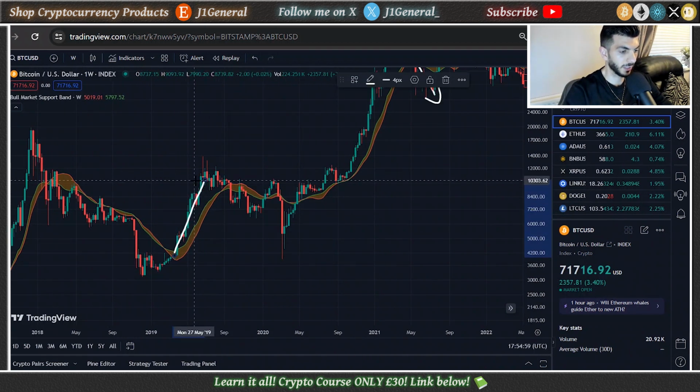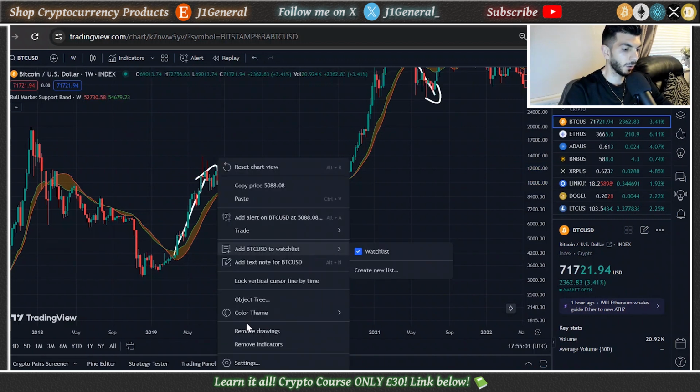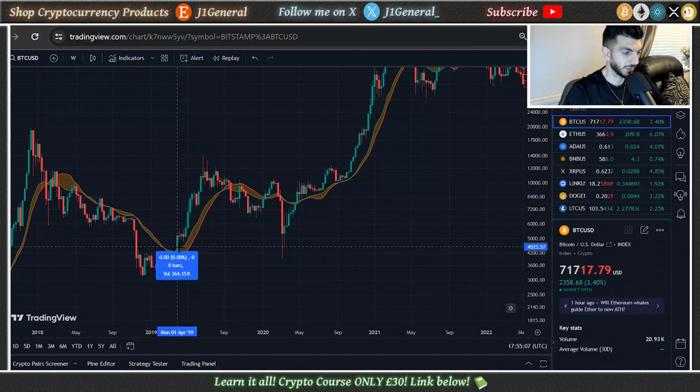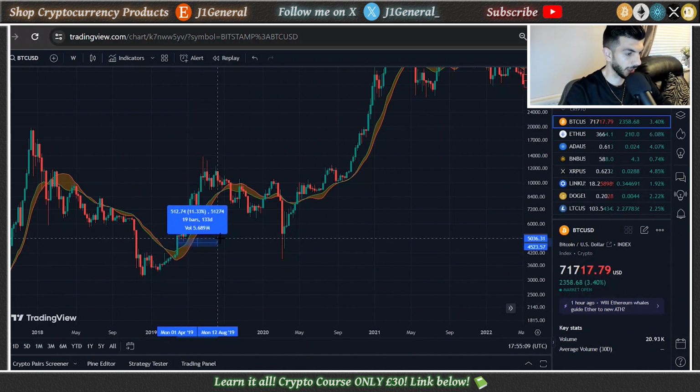If we go back to another prior example, back in 2019, where Bitcoin had its nice little mini bull market for half a year, how long was that since it backtested its bull market support band? You can see from this candle right here, up until the moment that it finally backtested it, it was 21 weeks. So not as significant as the 2020-2021 run, but nearly as much as what we're going through now. We're currently on our 25th week.